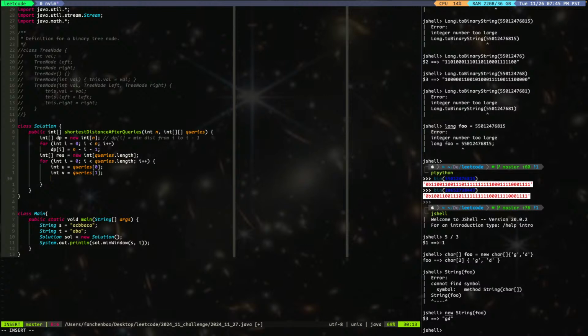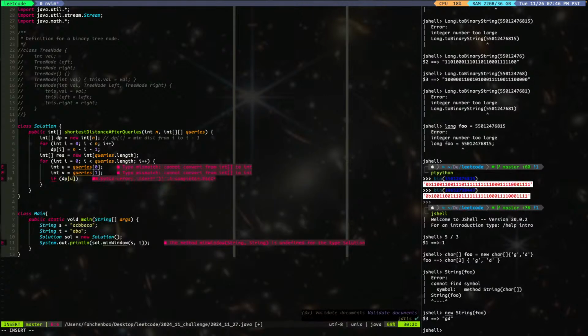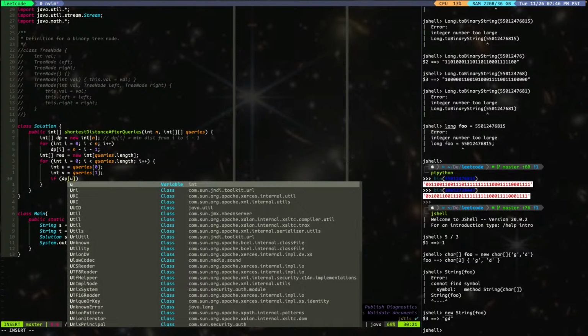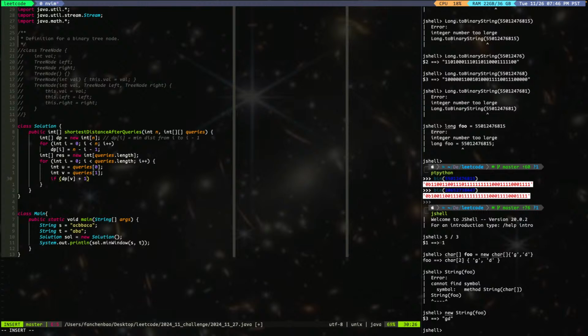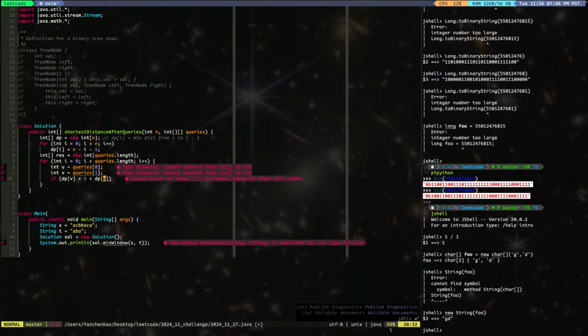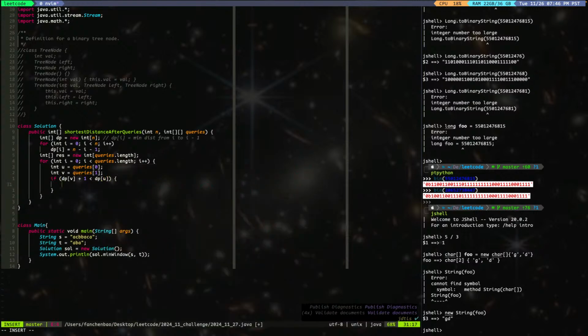So basically we say if dp[v] plus 1, because dp[v] is the minimum and we plus 1 from u, is smaller than dp[u], then we shall say